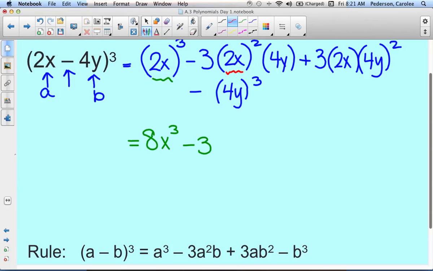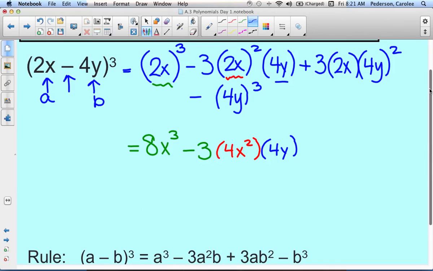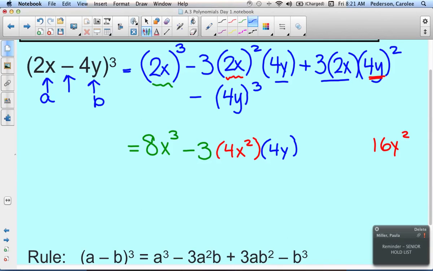This represents 2x times 2x, which is 4x squared. And then I'll just bring down this 4y. Now I have another PEMDAS with the exponent, so 4y times 4y is 16y squared. And then I'll bring down these two pieces, plus 3